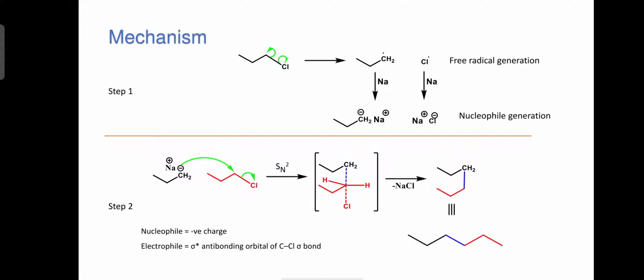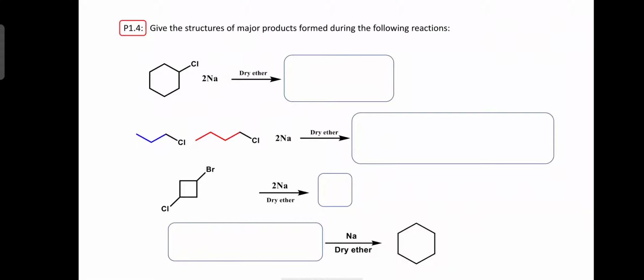So in the next slide we will discuss some problems like a reaction of chlorocyclohexane with sodium in the presence of diether. So whenever you see sodium in the presence of diether and the substrate is alkyl halide, you have to simply couple two molecules of this alkyl group by this carbon atom. So that is Wood's reaction. Whenever you see sodium and diether present on the arrow or before the arrow, and the substrate is alkyl halide, the reaction will be Wood's reaction.